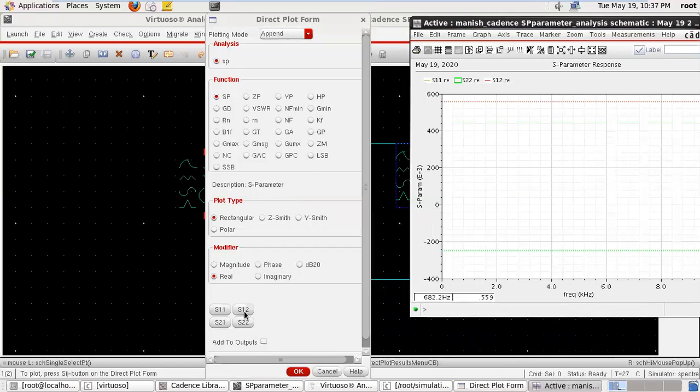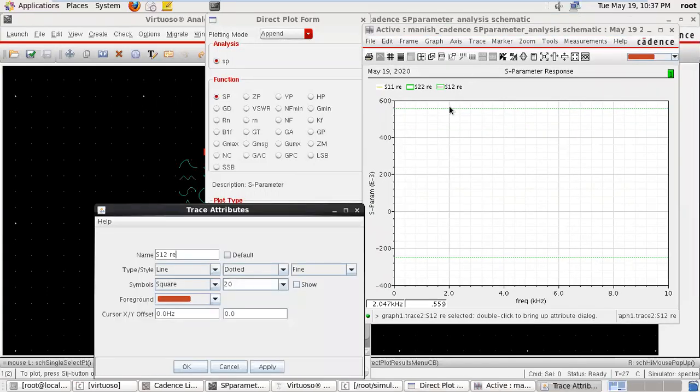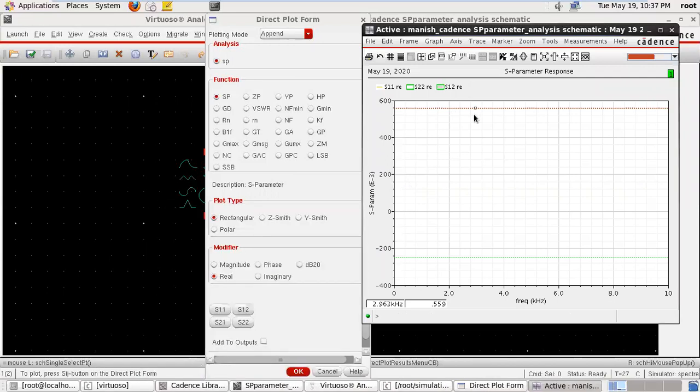This is S12, that is representing my S12. Just take the bold, apply, okay. So this is S12, 0.559, same as S21. So both are the same value.